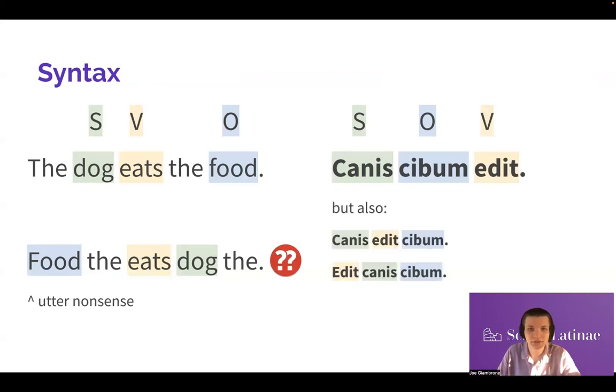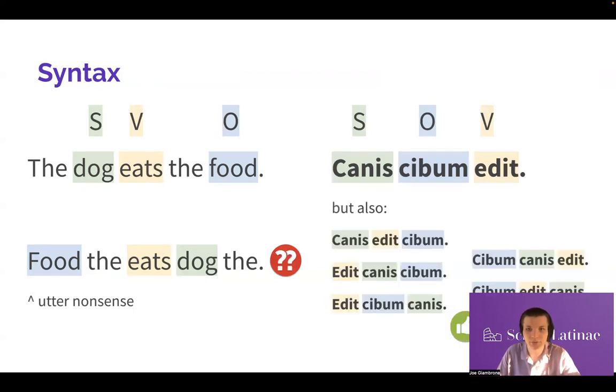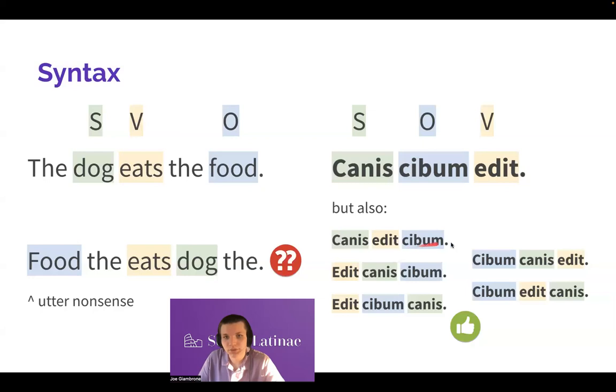But it can also be any of these other forms. These are all A-OK. And really, which arrangement you want to use, a lot of it comes down to emphasis. So, for example, if you know that your dog is chewing on something, and your friend goes, "What is the dog eating?" But you're not sure if it's like the food or a shoe or something, right? But you look and you say, "Oh, cibum canis edit, sorry," and notice that that's really emphasizing the cibum